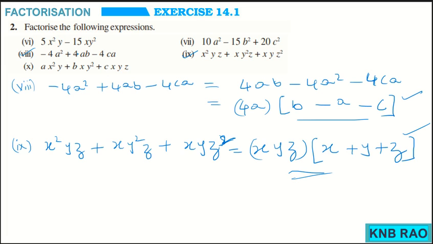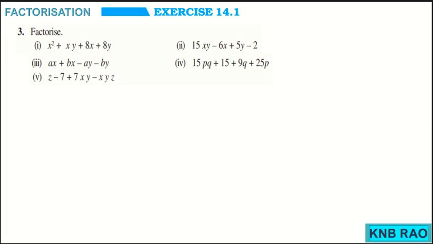Now, coming to the question number 3rd. In the main question number 3rd, again we have got 5 sub questions, children. We will solve any 2 to 3 out of them. See, this is factorization by regrouping